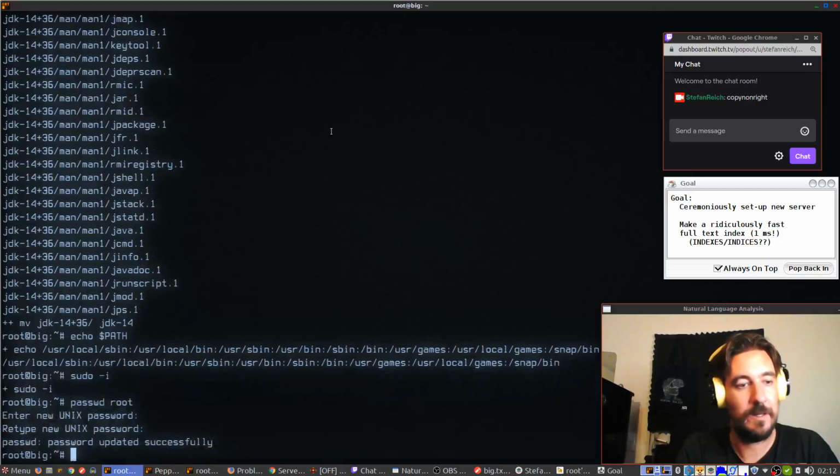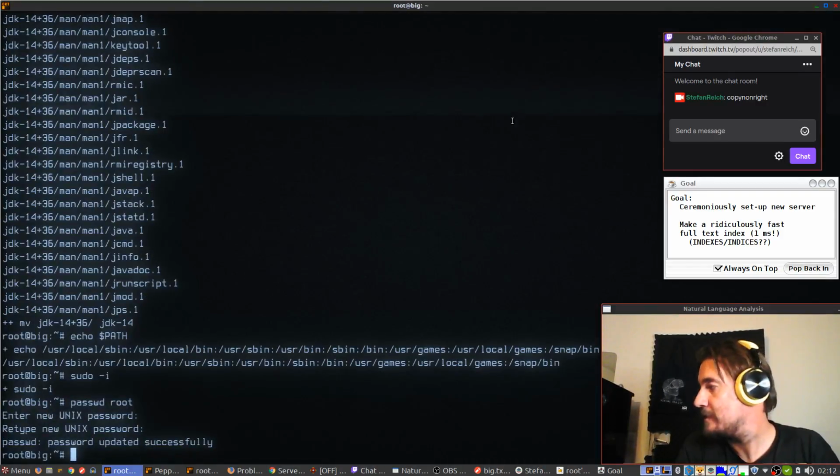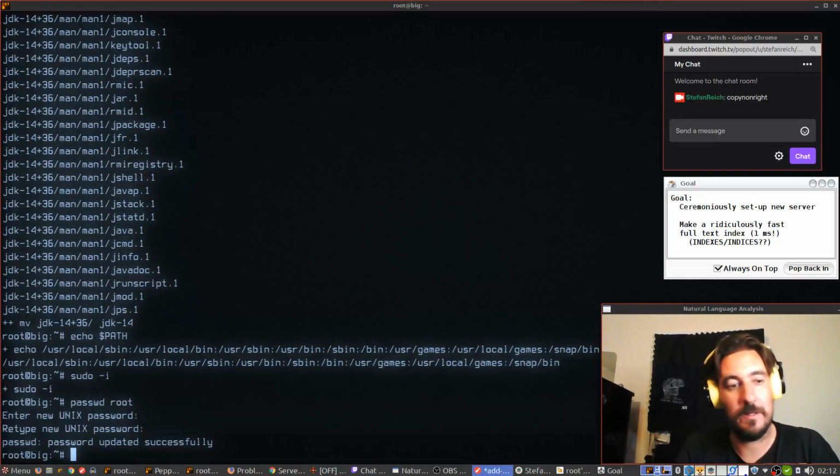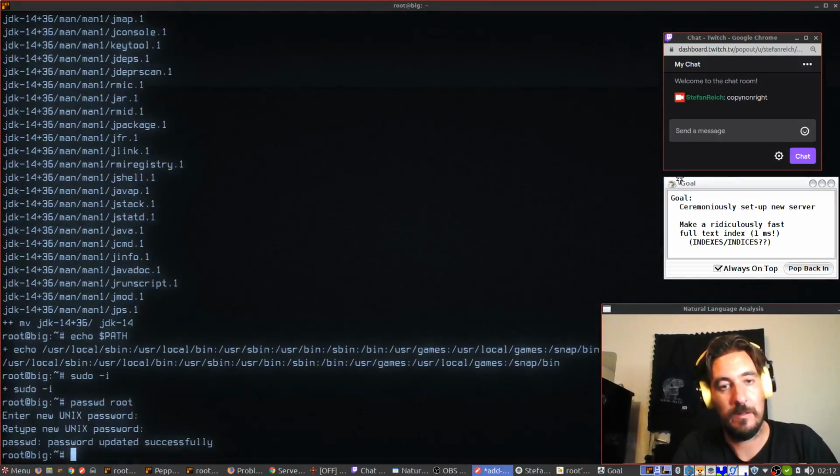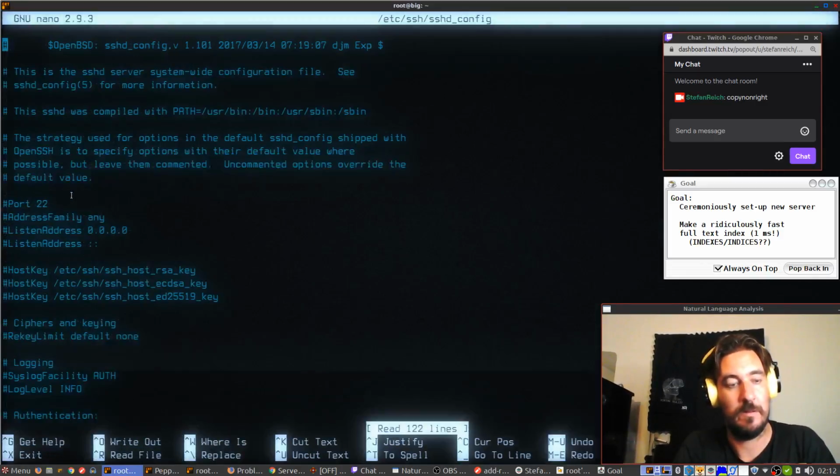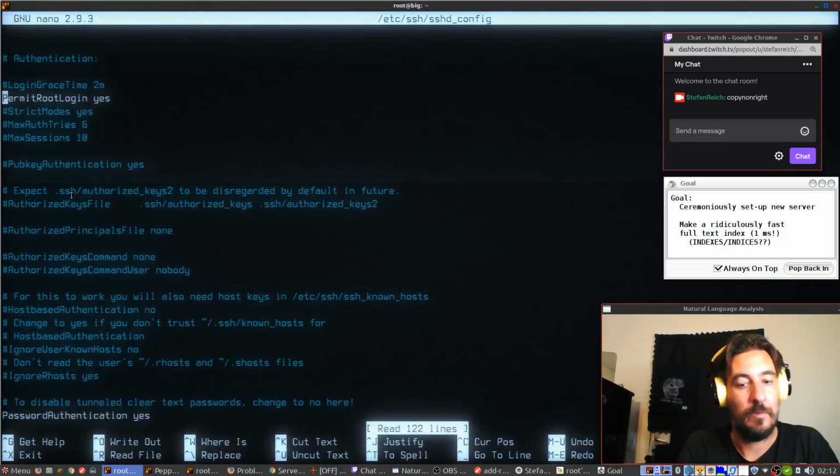And I paste again. And then I say nano. Yes, important config. Oh, it's yes already. That must be a new policy.